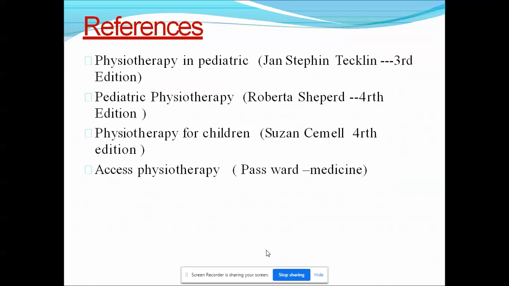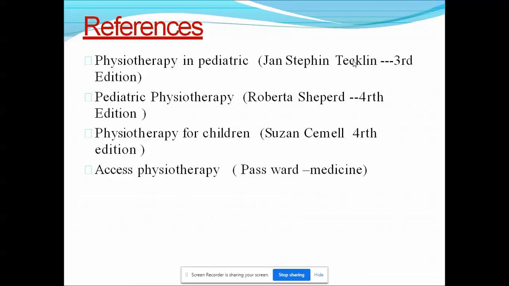That is it. So if you have this book, Tachdjian's, that is for pediatric rehabilitation. All the neurological rehabilitation for pediatrics is given well in this book. So if you have the book, then please read from it. Shweta, do you have the book? No, ma'am. No? Then maybe you can ask Irshad sir if he has the PDF, or if I have it, then I will send you. Okay.